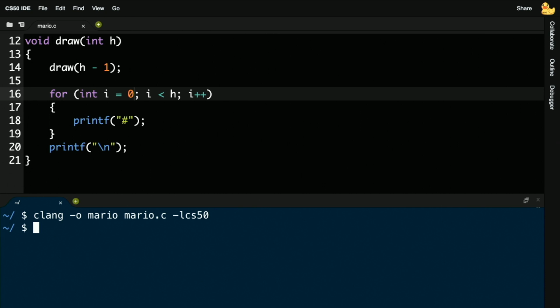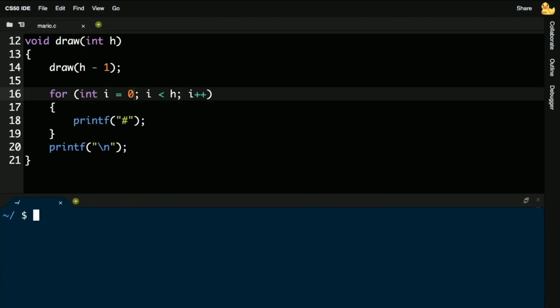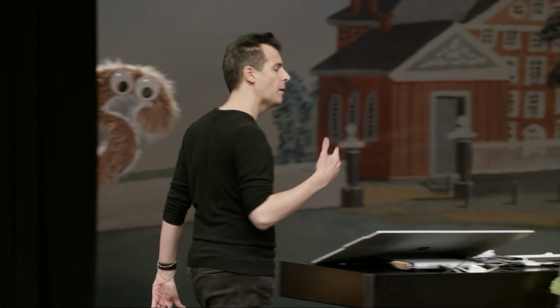OK, that compiled. And why did that compile? Well, make is, again, a program that uses your compiler, Clang. And we've configured make to be a little more user-friendly and a little more protective of you by turning on special features where we detect problems like that. By using Clang directly now, I'm disabling those special checks. And watch what happens when I run Mario now. For height of 4, for instance, boom, it crashed. It didn't even print anything. It crashed pretty quickly. And again, a segmentation fault means you touched memory that you shouldn't.